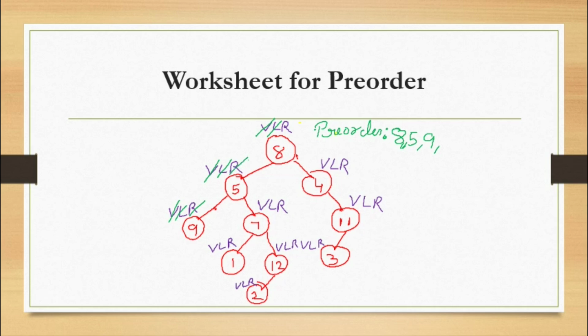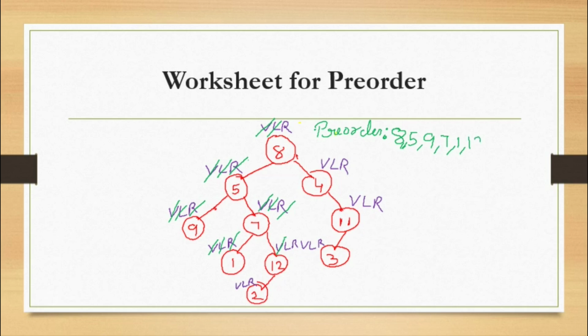So again I am visiting the root here. Then I am going to the left subtree. Again I am visiting the root here. Then I'm going to the left subtree, then I'm going to the right subtree. We don't have anything here. Then again I come back as I don't have anything here. So again I have to go to the right subtree. Whenever we go to a particular subtree, we need to cut that. So again I'm visiting the root here.